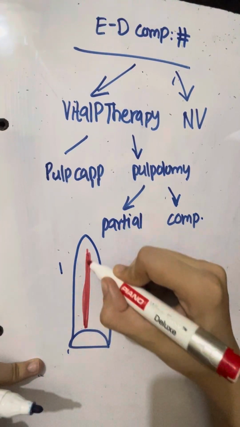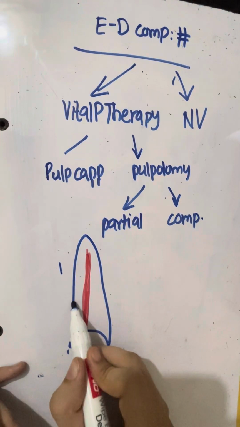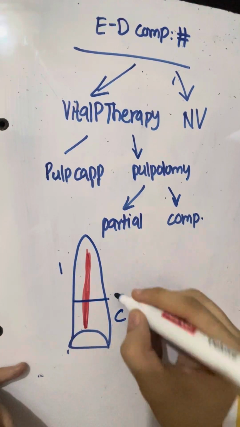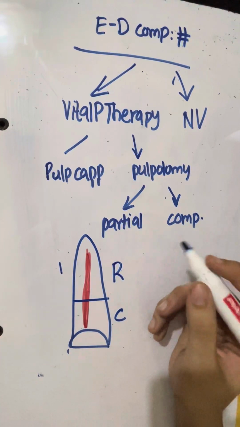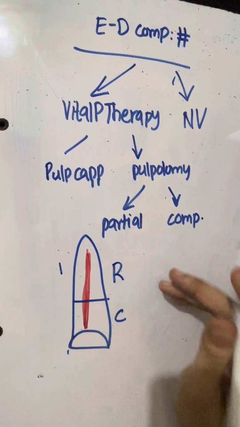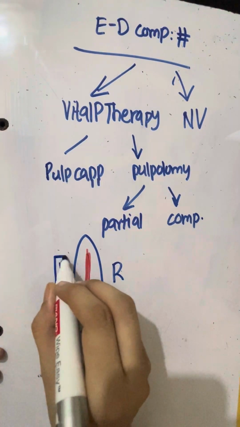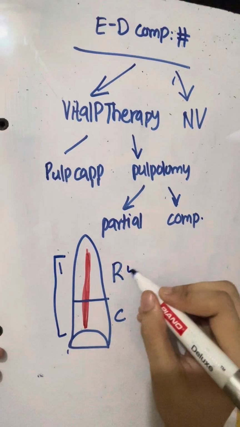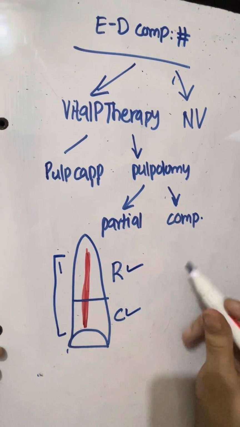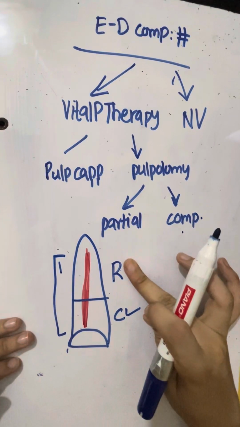So as we know, the pulp is divided into coronal pulp and radicular pulp. If we are removing the pulp, coronal pulp and radicular pulp both, then